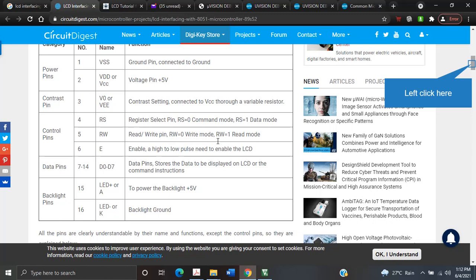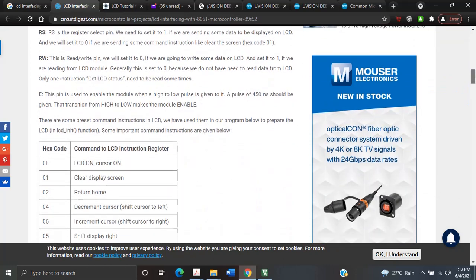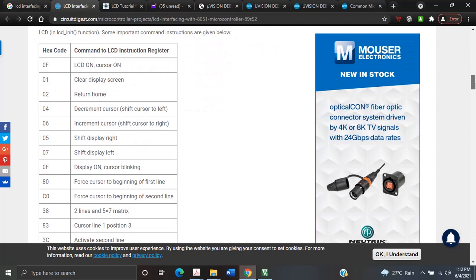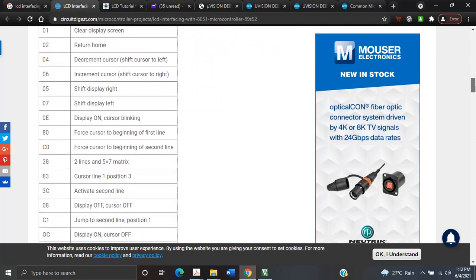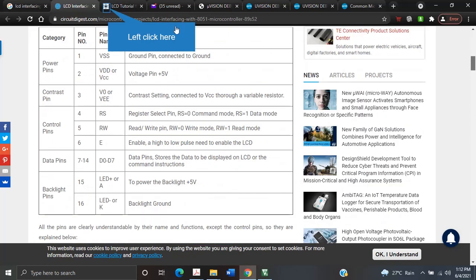Why is read mode required? Because whether the LCD is busy or not can be checked. Again, for that you have to refer to the data sheets. For E, for any transactions you make with the LCD, you should enable that. D0 to D7 are 8 pins available for data. Most often, to reduce the board size and connectors, only the lower 4 pins of the LCD are used as data pins, and there is an arrangement for that: by writing some command, you state that you are using only 4-bit mode.